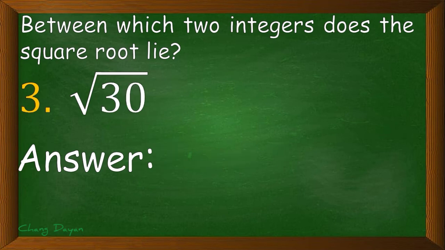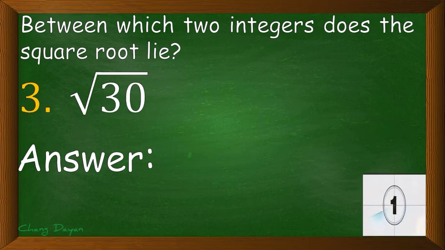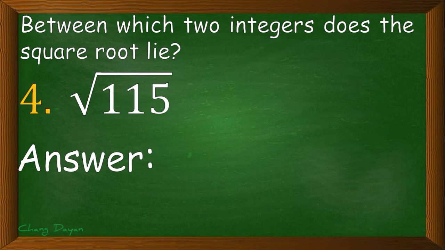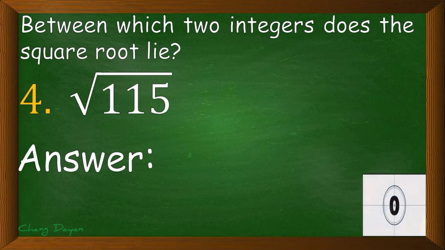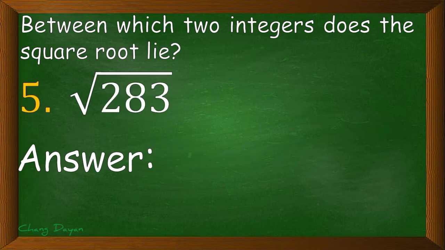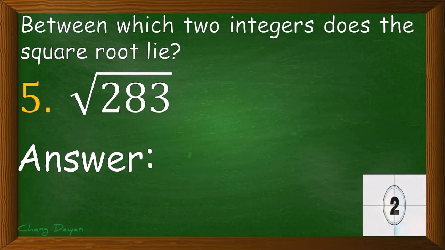Number 3, square root of 30. Answer is 5 and 6. Square root of 115. The answer is 10 and 11. And last, square root of 283. Answer is